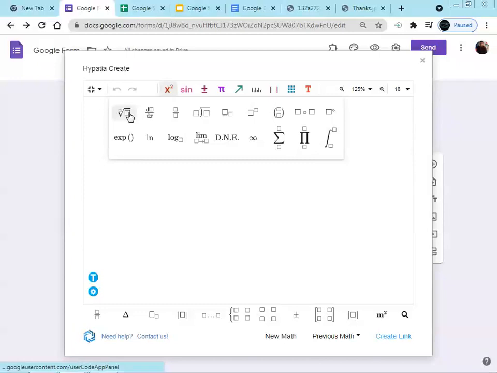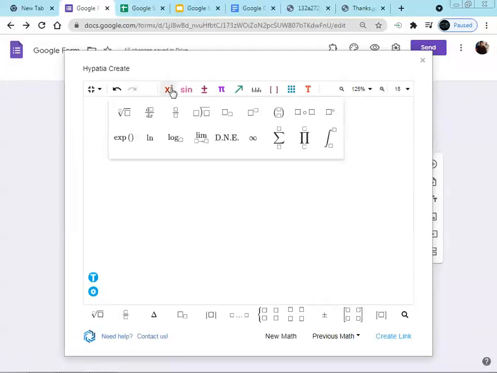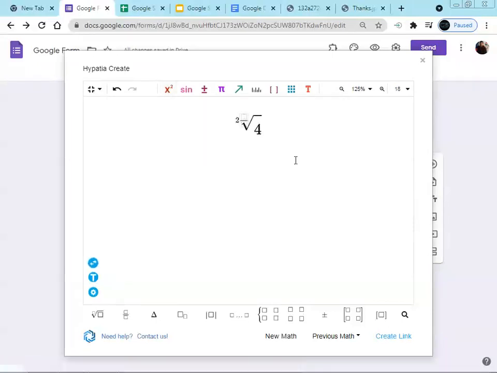For example, if you select this first one, here we want 4, and here 2, meaning the square root of 4. Next we want to set another formula in the form of numerator and denominator. We will delete this first one.